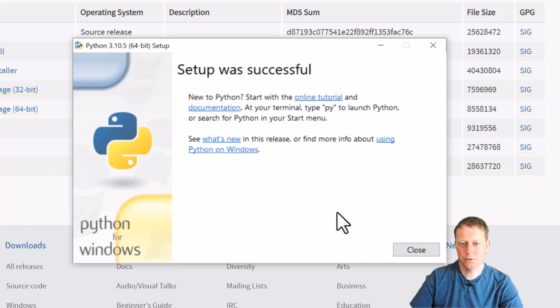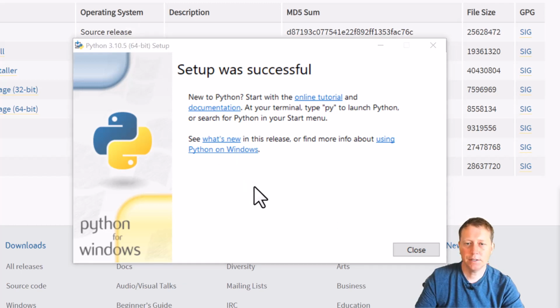Okay, so that's finished installing, and it didn't prompt me for admin permissions at any stage, so hopefully that's worked for you, and we'll see how we can use this now. Again, if you weren't able to download or run the installer, then we're going to show you another method in the next section. Now, the next thing to do is to try running Python, and we can do that from